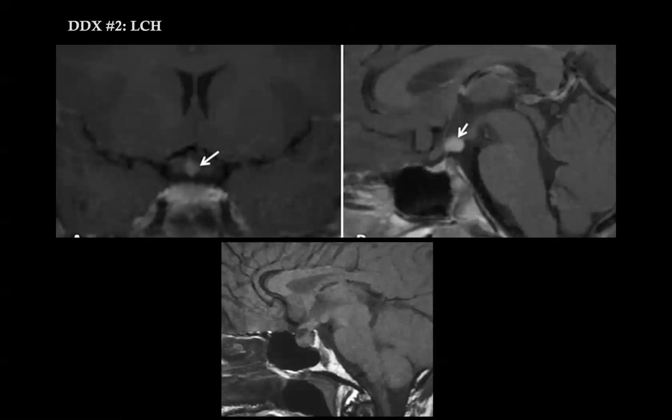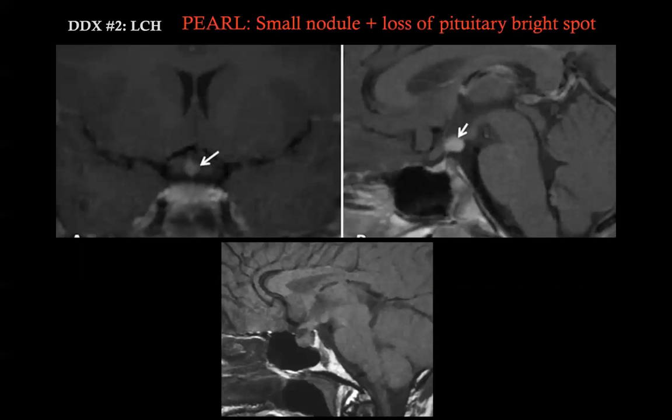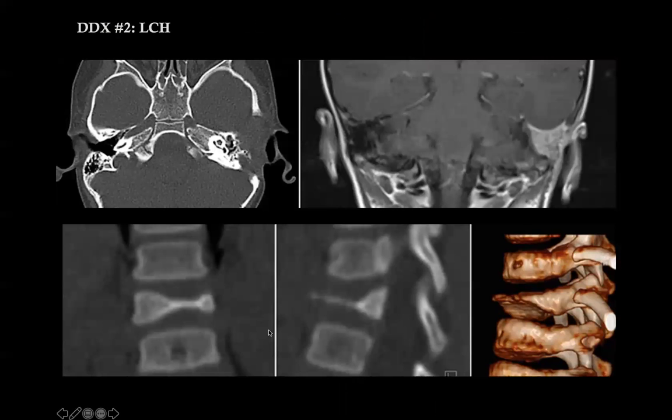Another differential diagnosis is LCH, Langerhans cell histiocytosis. You have small nodules that show contrast enhancement and sometimes thickening of the stalk, like in this case, but again, the posterior bright spot is missing. So remember to look at the posterior bright spot, and again, in pediatric neuroradiology, it is very important to look at the whole picture and look at the associated findings, especially in some cases, like in this LCH, which has a lot of associated findings. So don't forget the bigger picture, the famous vertebra plana, but also